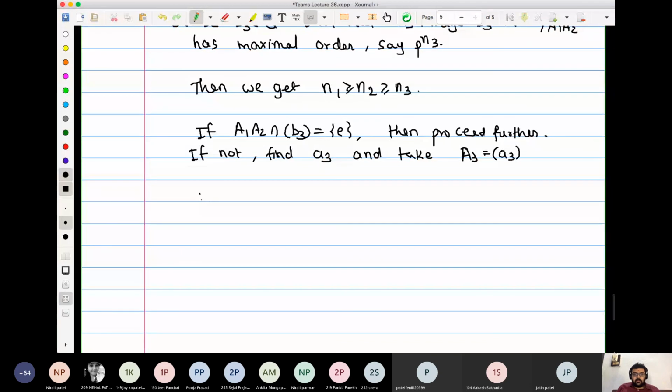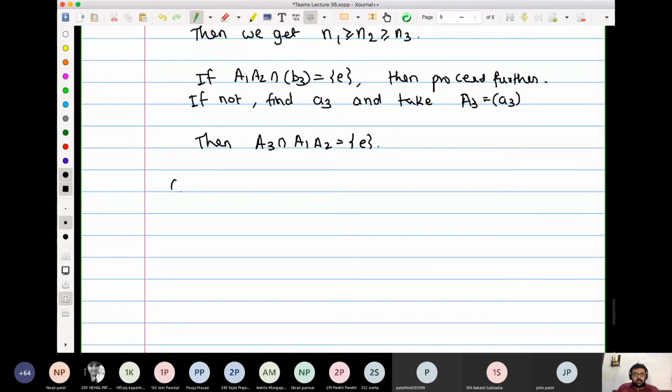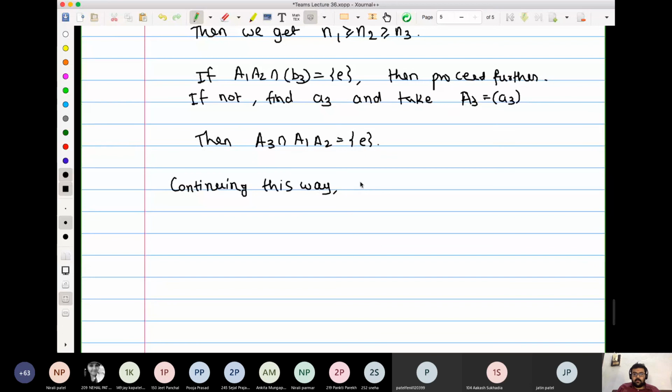So then we have A3 intersection A1 A2 is identity. And continuing this way, we get